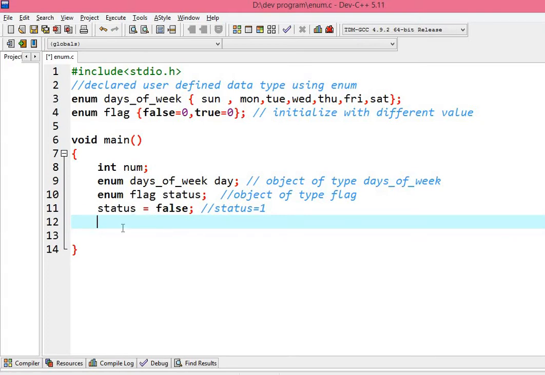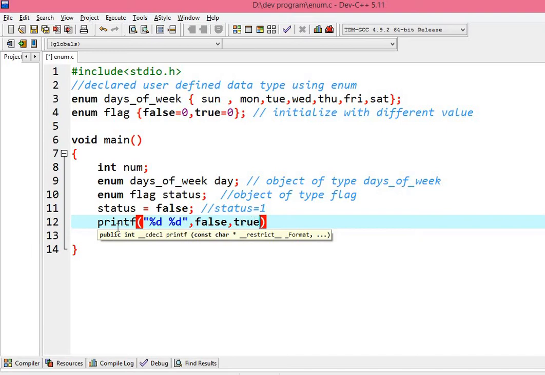Now what will I write? Printf. I will just print out both enumerators, that is %d, %d, and over here I will write false and the second one is true. You can see how I can access the enumerator like this also.